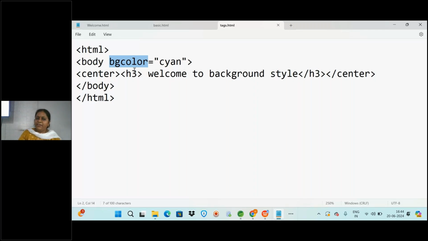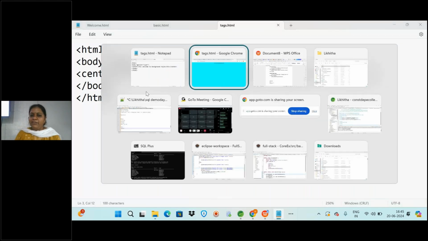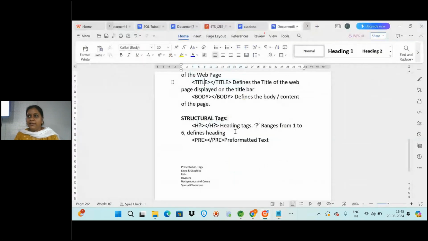If you want it specifically for the H3 or for a paragraph tag, you can provide it like that also. So for specific texts you can also provide the color and images. Sometimes you will see on some websites an image scrolling from left to right and right to left, or top to bottom, blinking and going. All these things we can do with this, but in the beginning it will be confusing. So step by step, tag by tag, we will learn all of it. By the time we complete, you will have learned all the things.